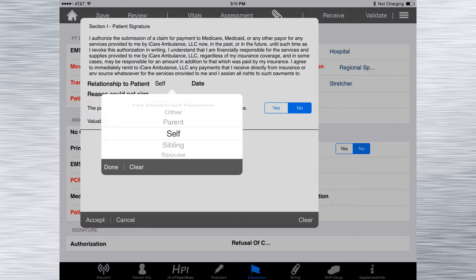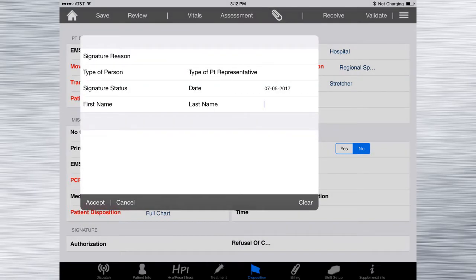Now, that field is not free type. It'll present you a bunch of different reasons that you can choose from. You have a couple more fields underneath that you can't see here. If the patient received privacy practices, that's checked no automatically because they get that after the fact. And then there's a piece there about valuables. Once you have all that filled out, you can hit the open area at the bottom, and it's going to